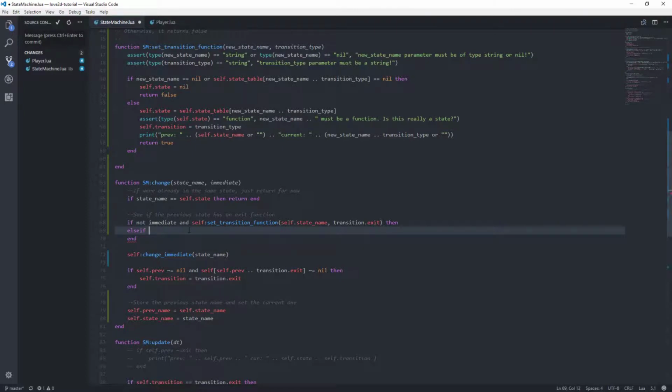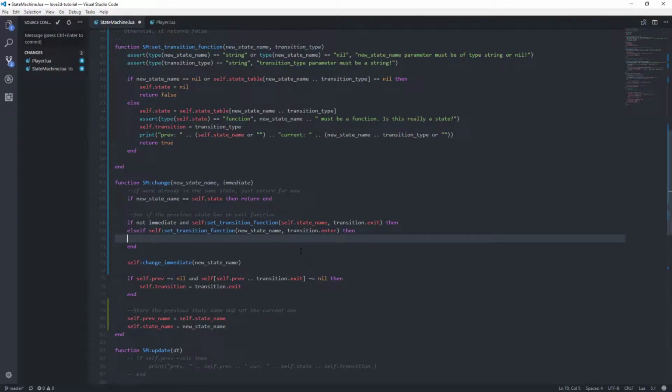And then we can go on to our next possibility, which would be we're going to set, so we'll do self.set transition function, and we want to set the state to the new state name. Let me do that here too. Let's call this new state name. Yeah, let's say new state name, because I feel like it's a little more clear. Okay, so we want to try to set the transition function to the new state name, and we want to see if it has a transition.enter function, right? So that's that underscore enter. And if it does, then it's going to work. Otherwise,